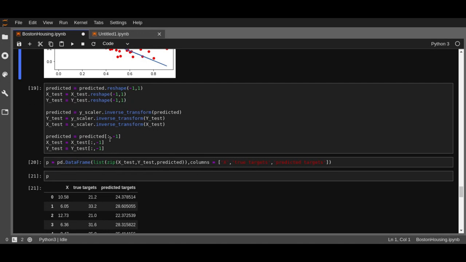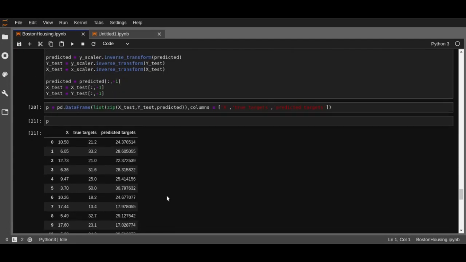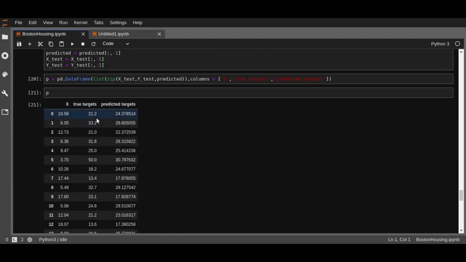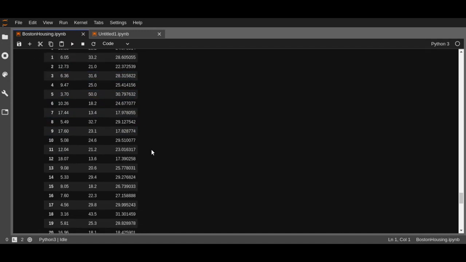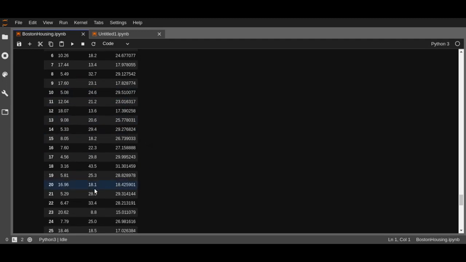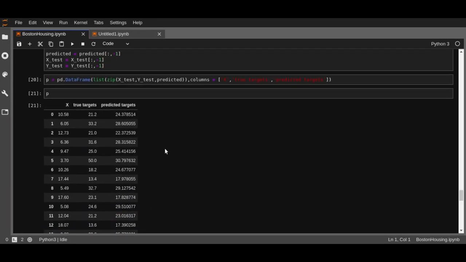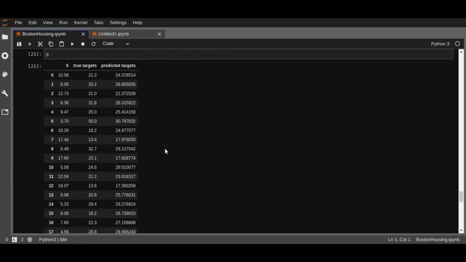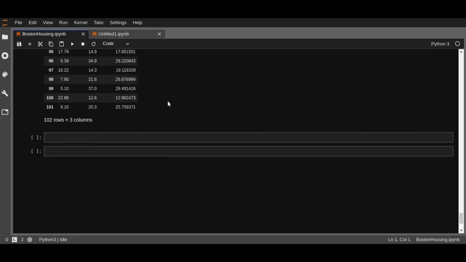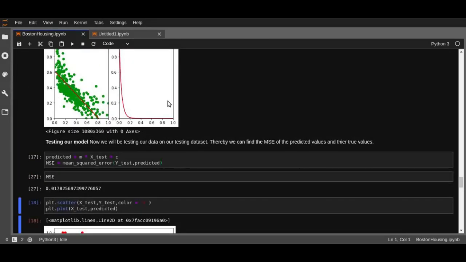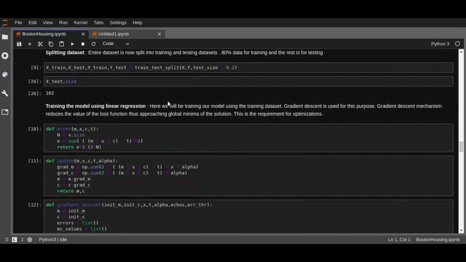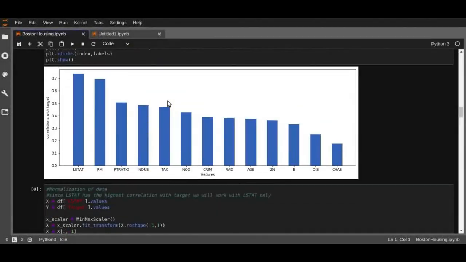Now the true results are produced and another data frame object has been produced to see the values. As you can see, the true values and the predicted values are almost near, though some of the outliers are varying much, but they are also almost near to each other. So we can say that our model is almost accurate. Now this is for LSTAT. We can do the same for RM,